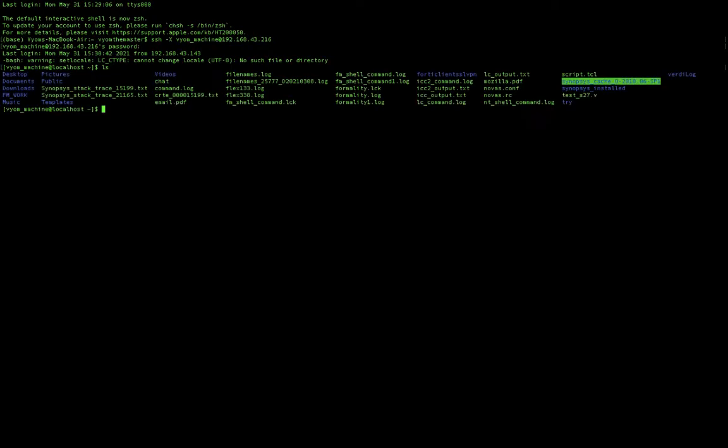Here in the desktop directory, there are two folders, DFF and latches. We will cover both of the Verilog codes one by one.